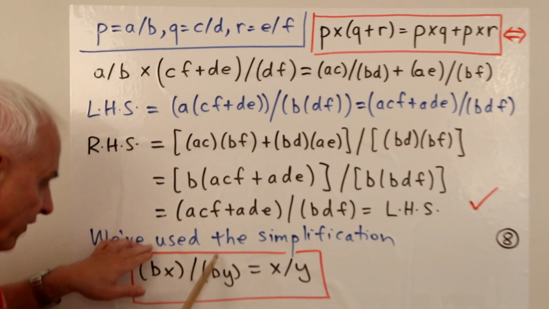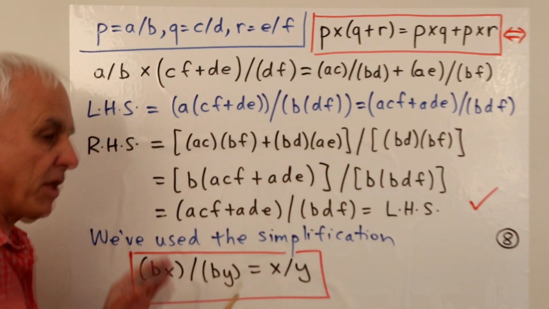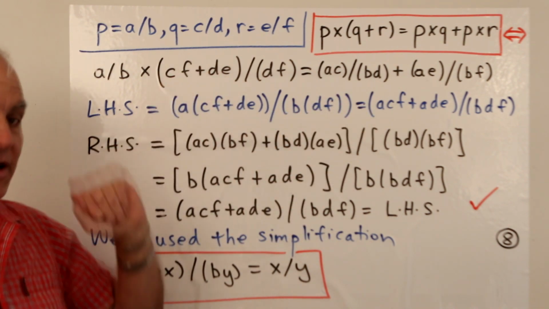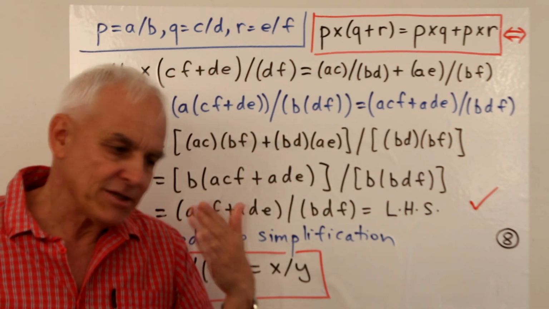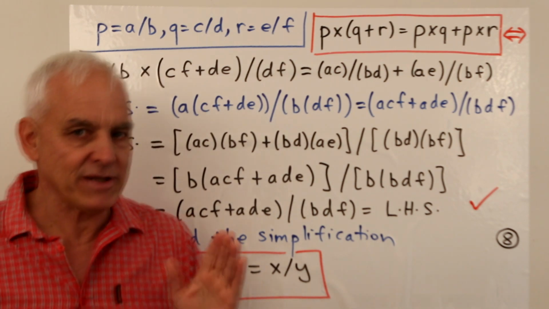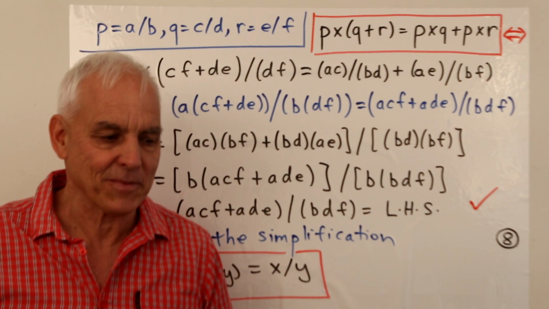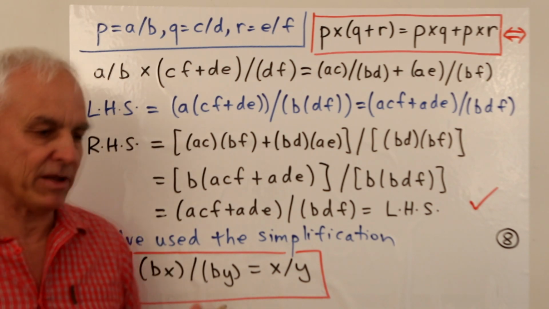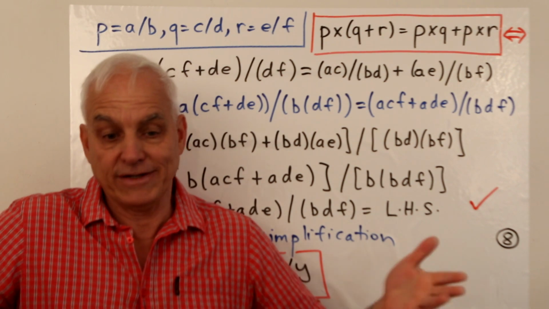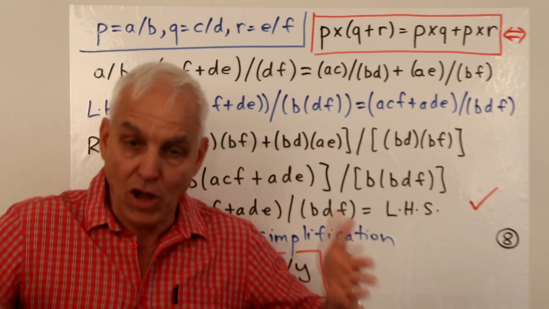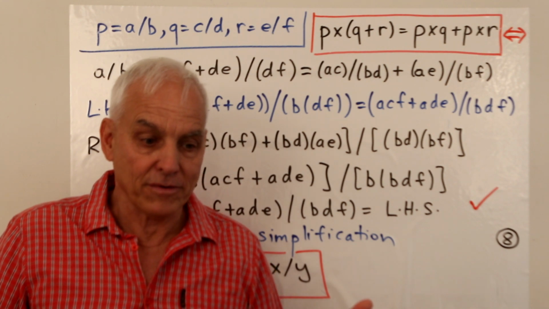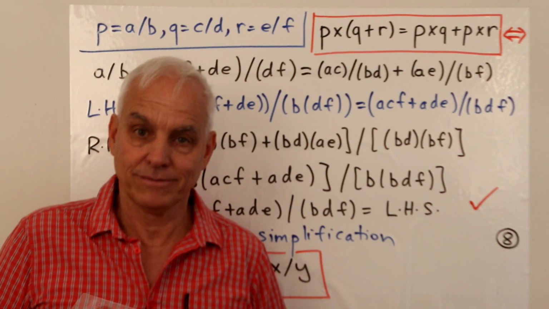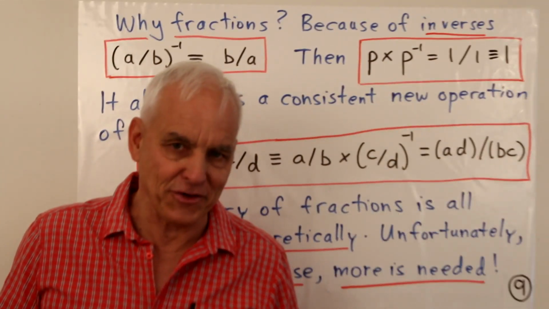But we have used this sort of cancellation. We've canceled a b from the numerator and the denominator here to get this right-hand side equaling the left-hand side. So again, it's not really hard, but it's a little bit subtle. Okay, and it's a nice kind of application of algebra because we're establishing these fundamental laws of arithmetic for the realm of fraction arithmetic. So why do we have an arithmetic with fractions anyway?